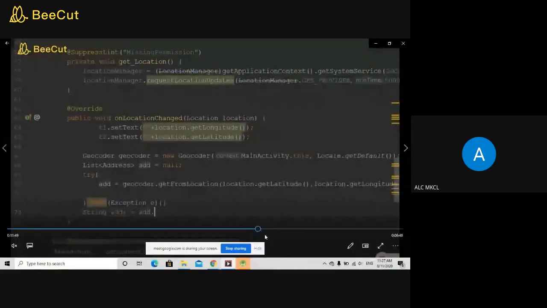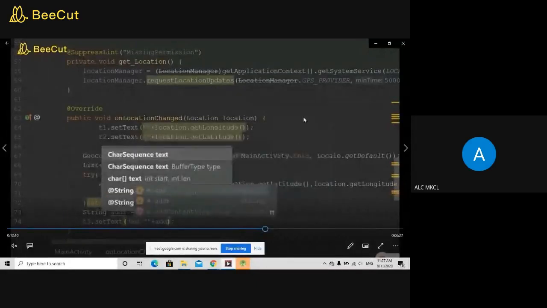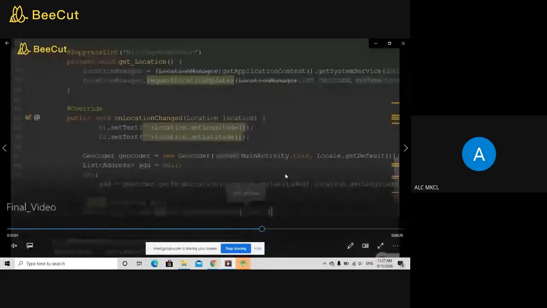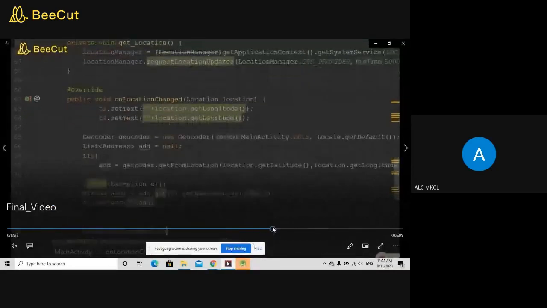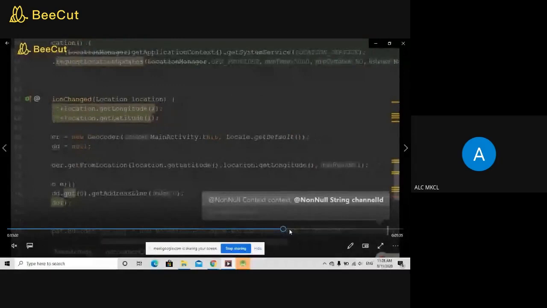So now I will convert this address to the string with the address dot get of 0 dot get address line 0. So first address will be added to the string. And then I will set that address to T3. So in this way, I have done with the addressing.